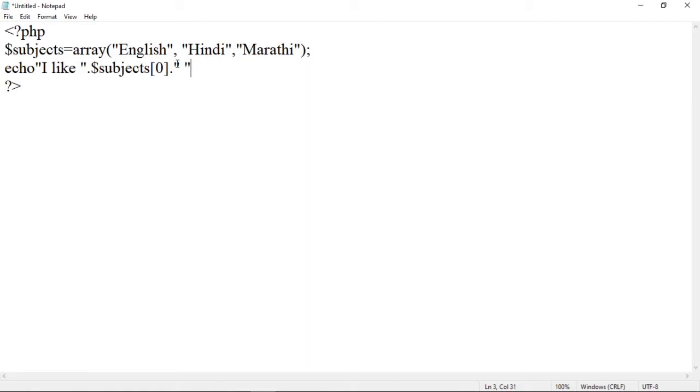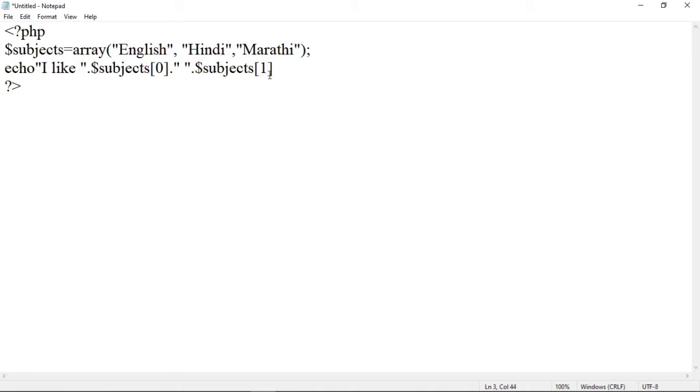After that, again to add the next subject we have to use a concatenation operator, and again use the array name, that is $subjects, and within this add the index of the second word. The index of Hindi is 1 within this $subjects array.